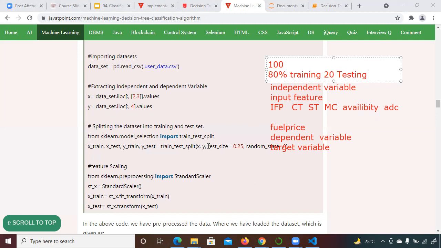Now here I am passing test size 0.25. So what will be my training data in that case? 0.75. Correct. Good. You pass it like this, but internally it means that 25% will be your test data and 75% will be your training data.